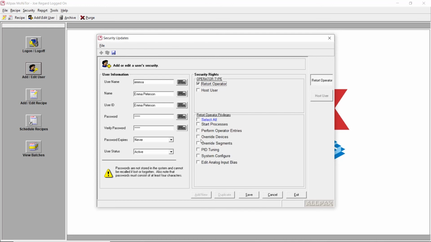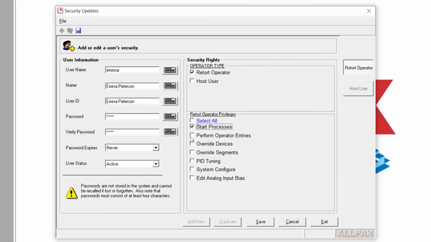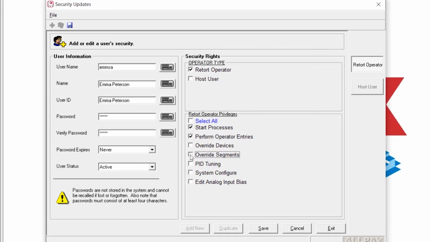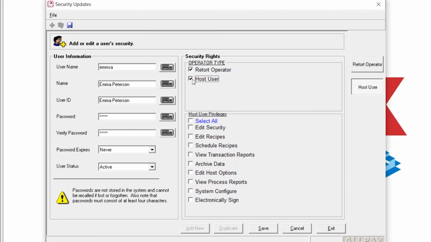So for a generic retort operator, I would say start processes, perform entries, override segments, and I'd say that's it. And if they're going to be, so are you going to be making recipes or just running the machine? She might be making recipes. Yeah. Okay, so we can go to host user, we can say edit recipes, schedule recipes too, so add them to the machine or just making recipes? Add them to the machine too, sure. Okay. And we'll say view process reports,